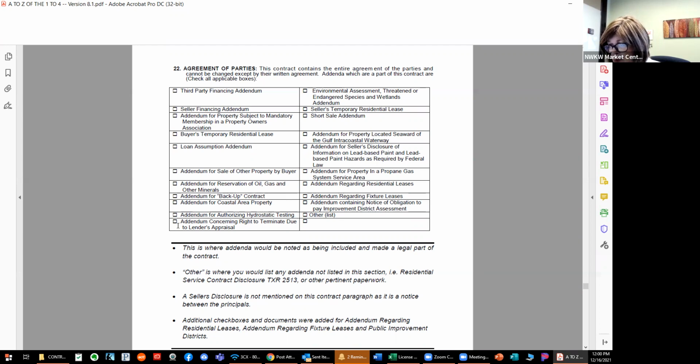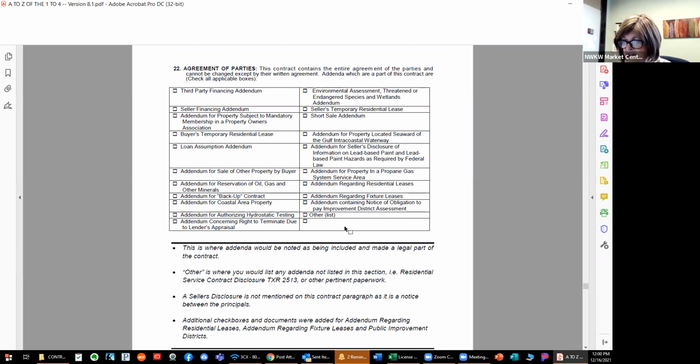Hydrostatic testing, there's the box to check for that. Just about everything that you normally see is on here, except, let's see, I don't think they've added it. You check other and put residential service contract disclosure, TXR 2513, if that applied. If there's a residential service contract, almost said home warranty, involved in that. Anything that's discussed but wasn't on this list, that's where you'd add it in that last